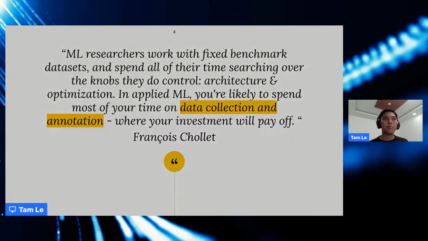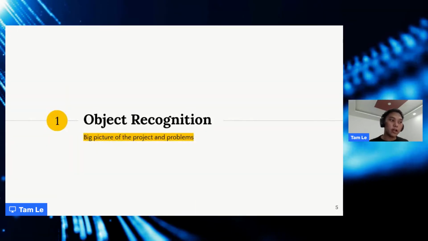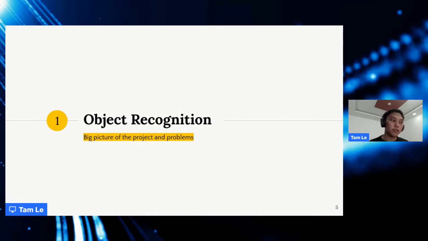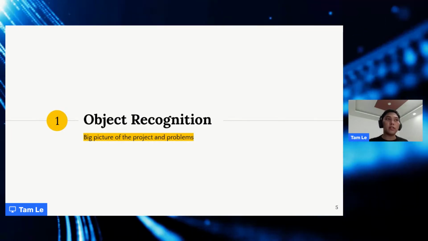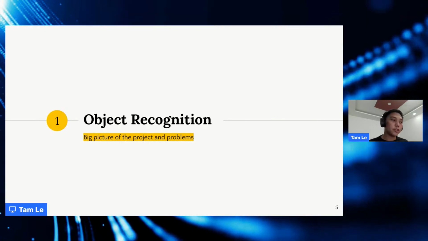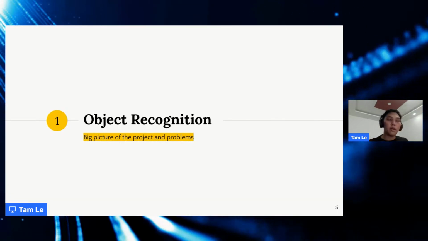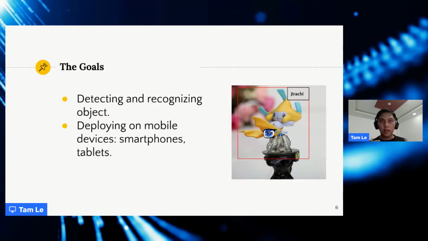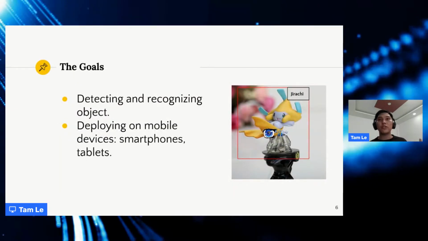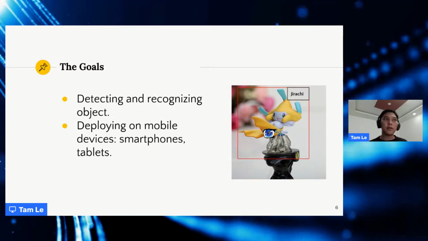And this presentation today is an example of how we can actually use it in practice. So the first is object recognition, where I will put you into the picture of the overall project. Imagine you want to build a system that can detect and recognize objects.